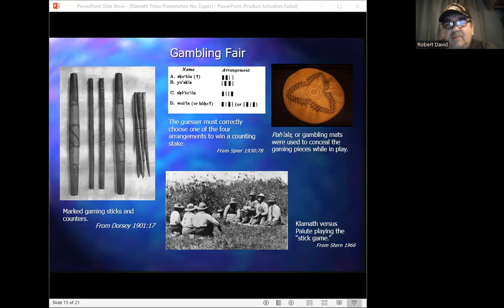Now, the main gambling game was the four-stick game called Sakals. This game was basically a competition between two players who were regarded by their communities to be especially skillful gamblers. The way it was played is that these two men, and in this case, only men were allowed to play this game, at least officially, sat facing one another on either side of a blanket or a skin. Each side possessed a set of 6 sharpened stakes, usually painted red, similar to the ones you see wrapped up in this bundle right over here in the slide. These sharpened stakes were used to keep the score, and to win the game, you had to win all of them, all 12.